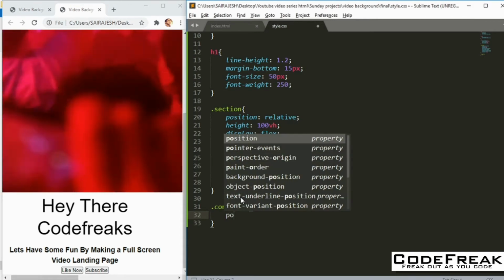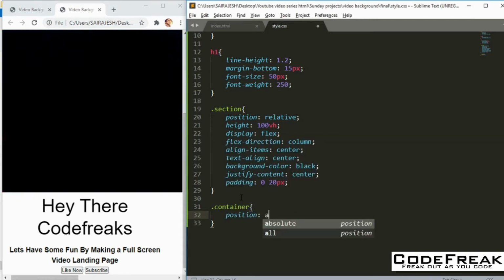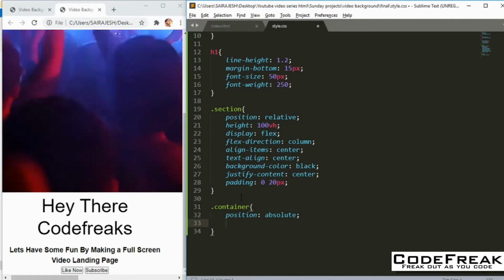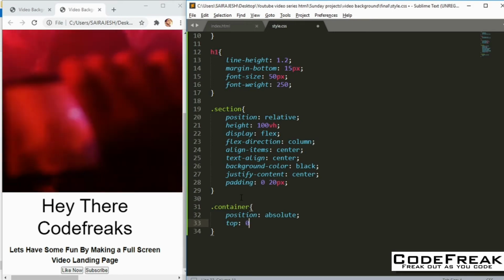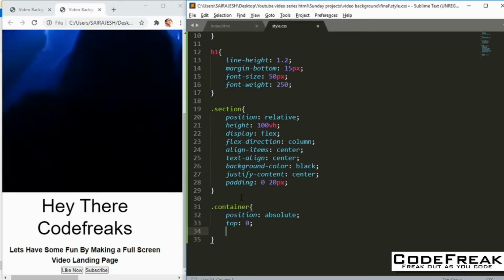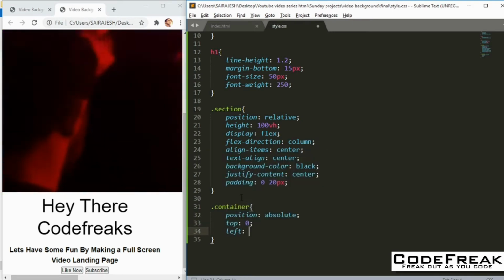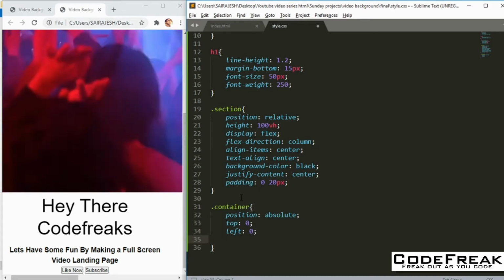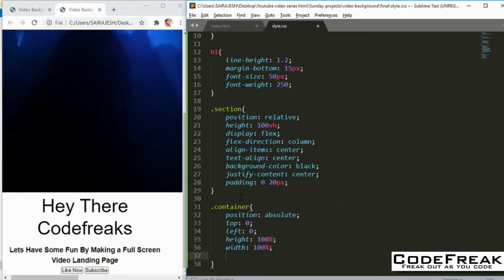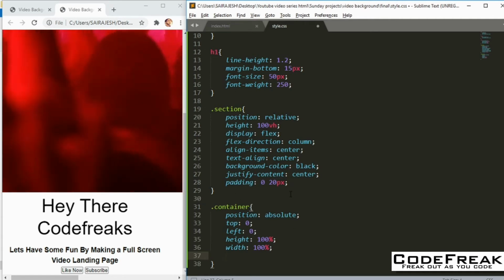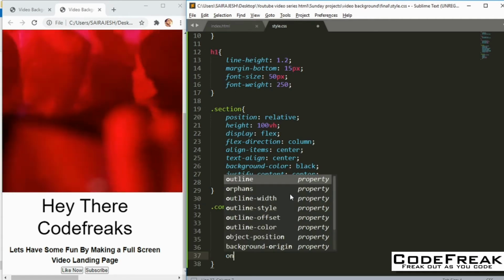It'll be absolute. So that is the idea here. So we'll get an absolute position here, and basically we want to do that to make the top 0. So top is going to be 0, and left also we're going to make it 0. Left is going to be 0, and we want the width and the height to be 100%. The next thing is, we don't want the scroll bar to be there for the video, right? So I'm going to make the overflow hidden.